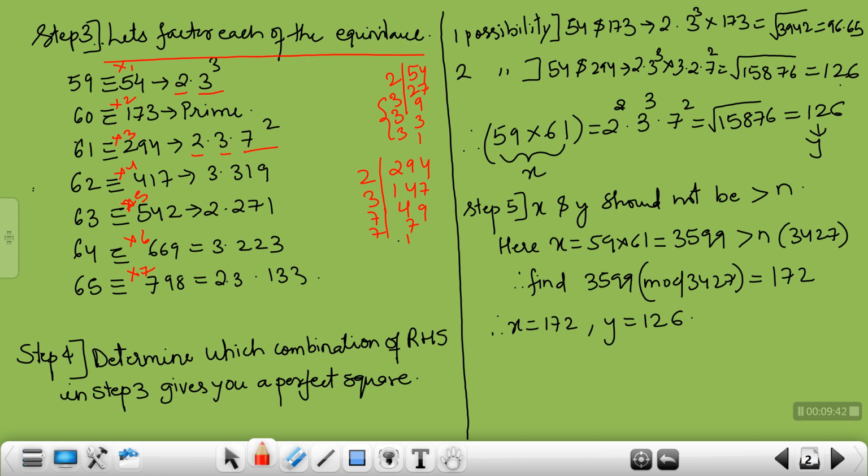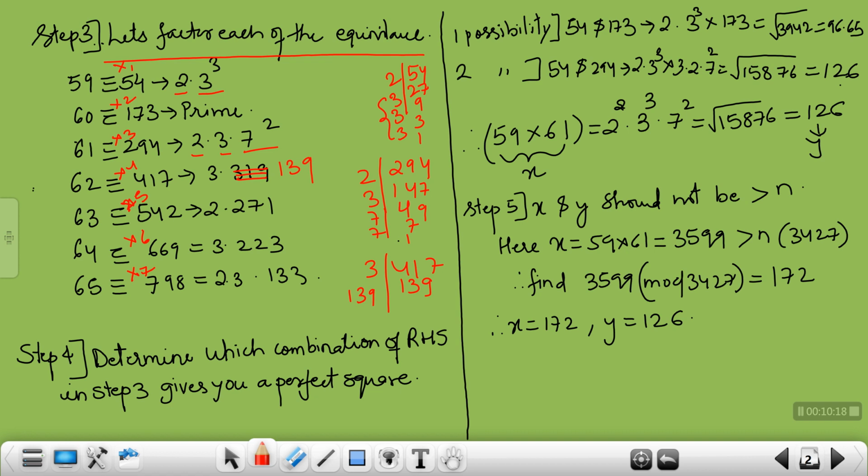Similarly we go for 417. When we calculate for 417, what do we get? For 417 only one number can multiply. 3 1s are 3, 3 3s are 9, 3 9s are 27. So again it will remain as 139. This number over here is not 319, it is 139. So 3 into 139 will be equal to 417.